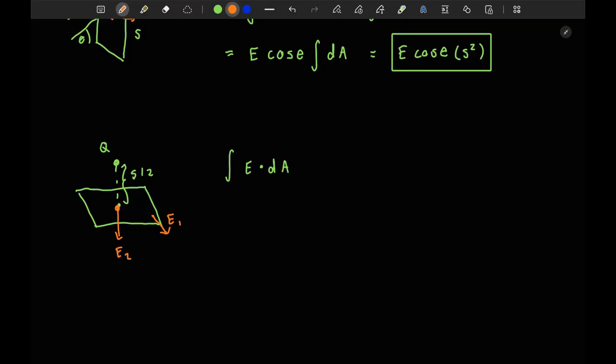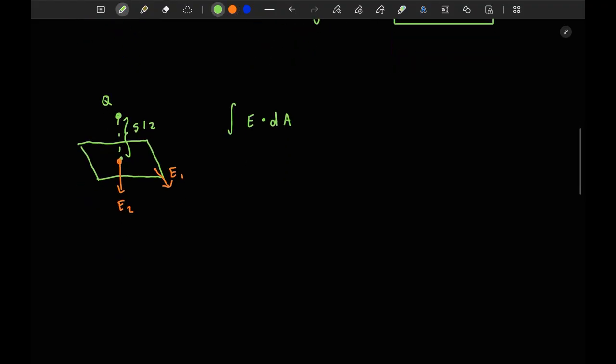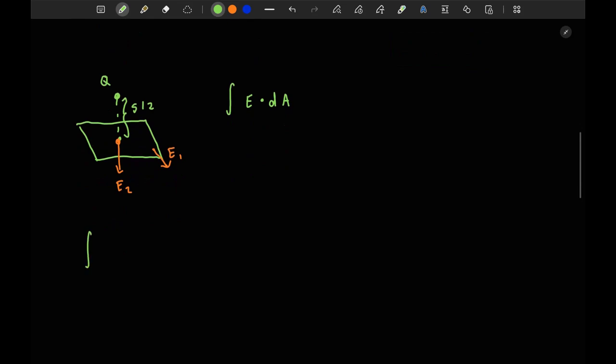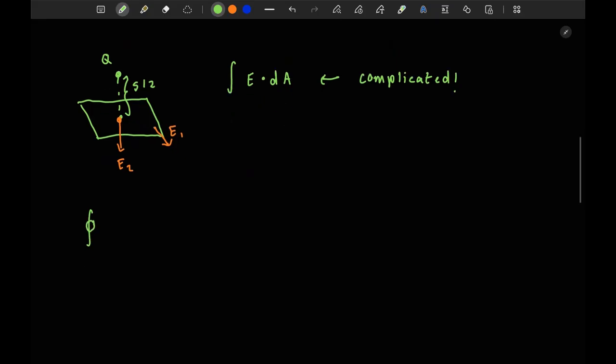And so this is where we're going to introduce Gauss's law. Gauss's law tells us as follows. It says, consider the flux specifically through a closed surface. So integral E dot dA as is, is complicated to compute. But let's consider the flux through a closed surface. Currently we are not dealing with a closed surface. By a closed surface, we mean a sphere, a cube, anything like that. Then Gauss's law tells us if we consider the flux through a closed surface, the circle on my integral indicating that my surface is closed, then integral E dot dA is going to be equal to Q enclosed over